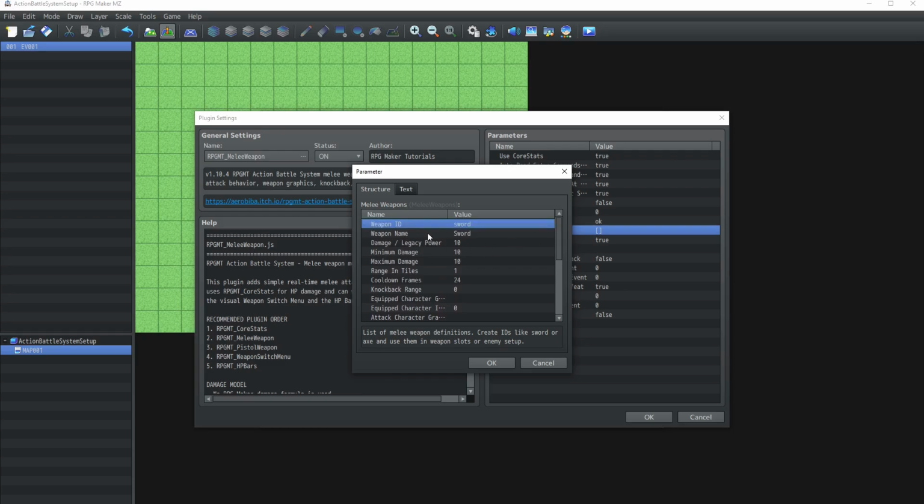So you need the weapon ID. I would suggest you to do it like that. So your weapon ID is just the weapon in lowercase, and your weapon name, which will be displayed later, with an uppercase in front, so you know which is what here. And now you can set the minimum or maximum damage. So if you put both to 10, like in this example, it will always deal 10 damage, but you can